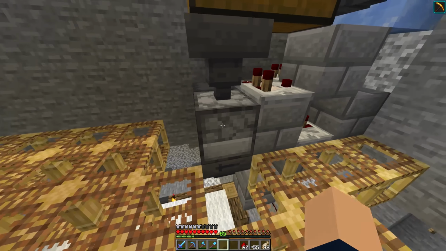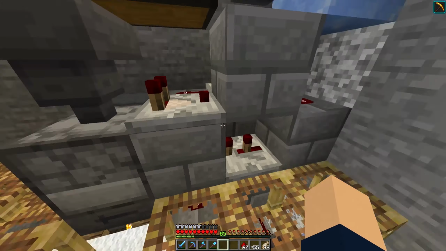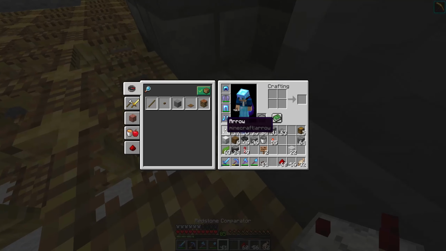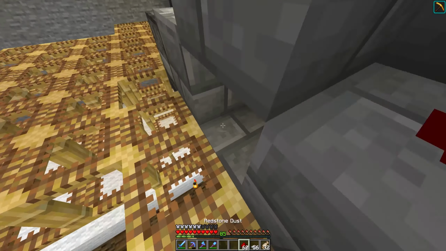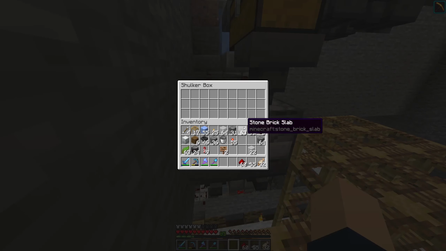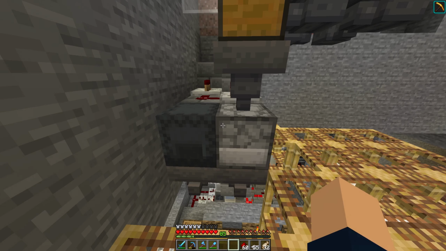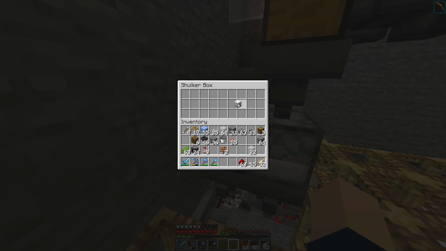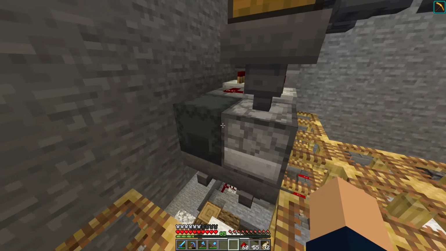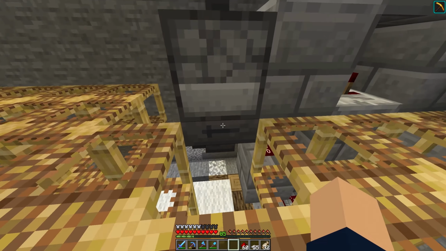And yeah, the way that this works is this comparator back here detects when an item gets through this hopper and into the dropper, and then it triggers the dropper with this repeater that I just broke accidentally. Nope, that's a comparator. Oh, like this. And then this dropper tries to shoot whatever item is inside of the dropper into the shulker box. But of course shulker boxes can't be placed inside other shulker boxes. So that's why the shulker boxes will remain in the dropper,